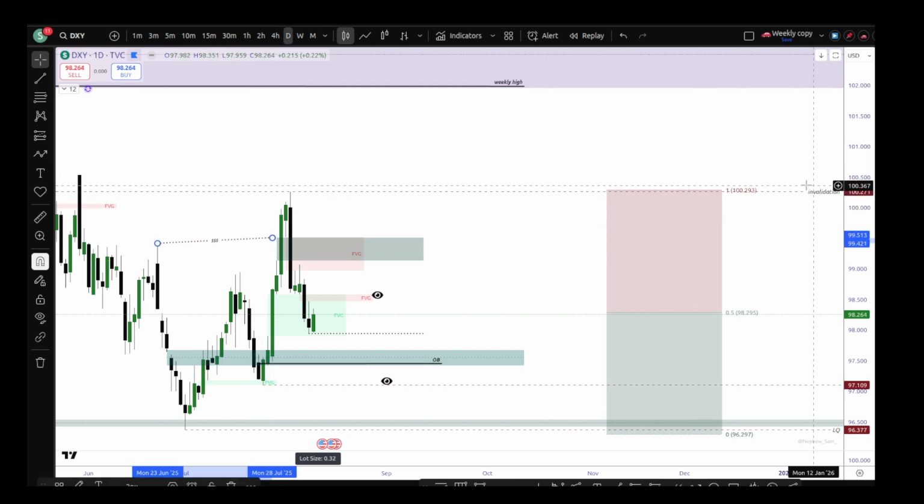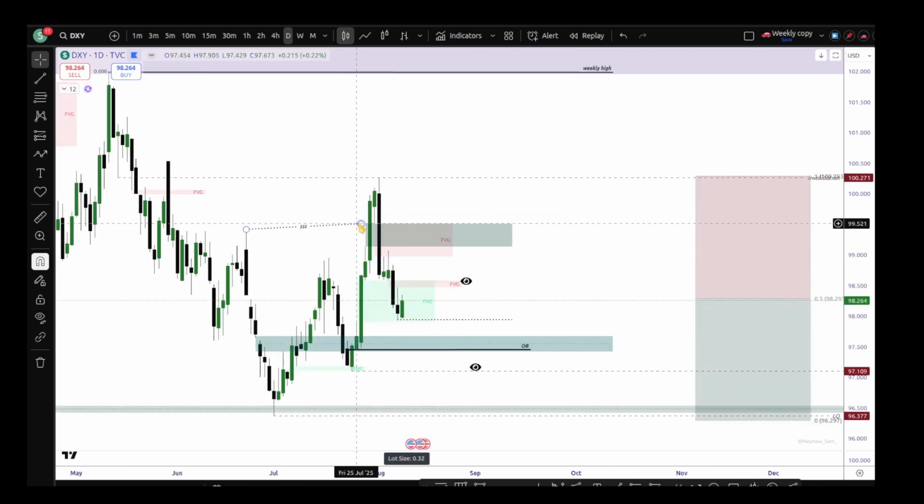And we also had an invitation. I believe I shared these things in the last week update, but we took the liquidity. While taking the liquidity, this created the gap, a fair value gap, which disrespected. This will be our first sign of market structure shift. This is an advanced market structure shift where we don't have to wait for swing lows and highs to be broken, but when the key level hit and the inverse printed, that's our first sign of market structure shift. And we're inside the daily gap.